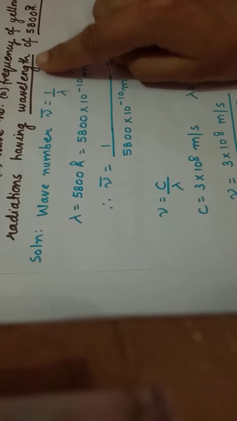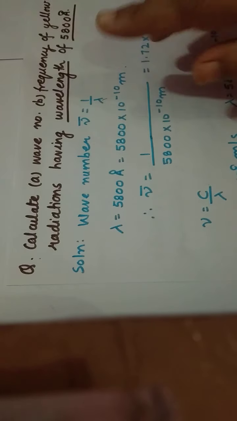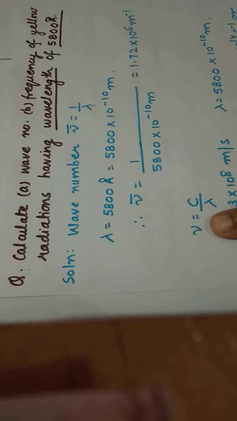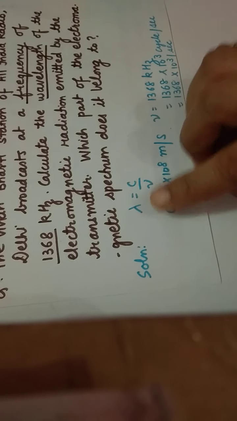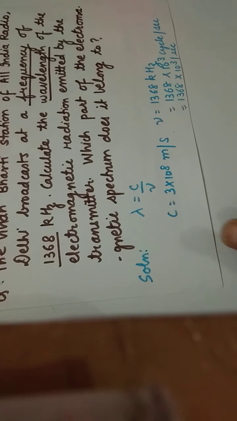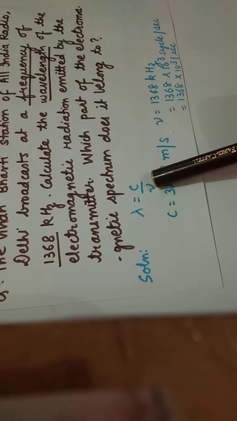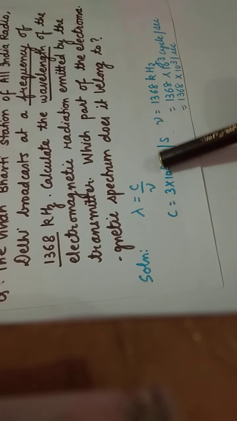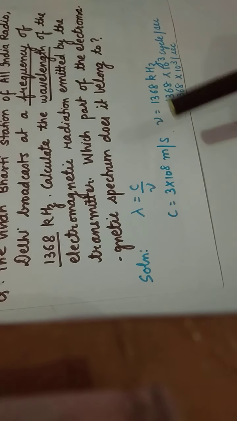So children, frequency is given, wavelength is asked. Earlier in the question frequency was asked, wavelength was given. So you know that the formula for frequency is nu equals c upon lambda. So if you want to find out the value of lambda, lambda will go up and nu will come down. So the formula now becomes lambda equals c upon nu. You know that the value of c is fixed. Okay, c is having a fixed value, 3 into 10 to the power 8, velocity of light, and nu is already given in the question.